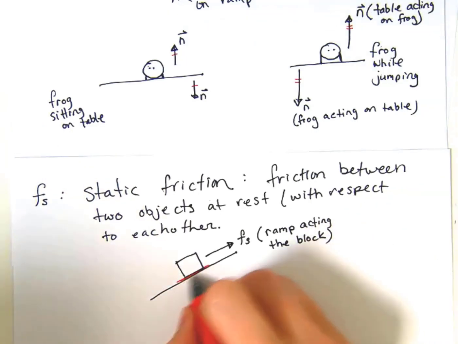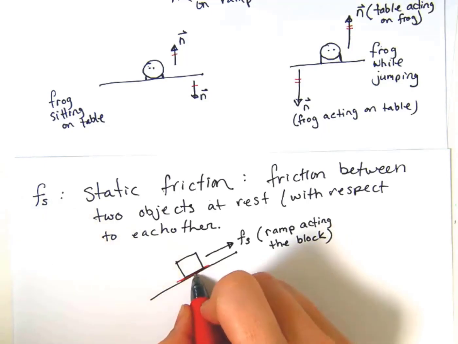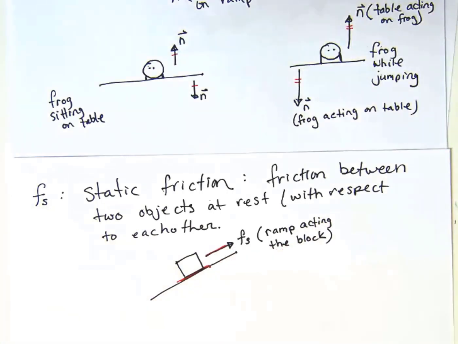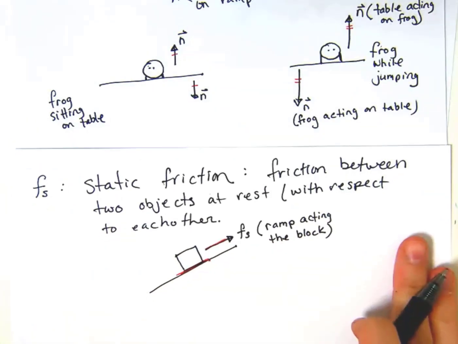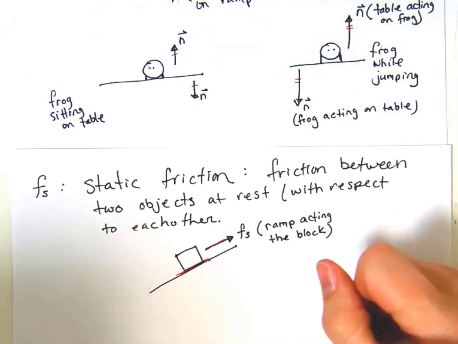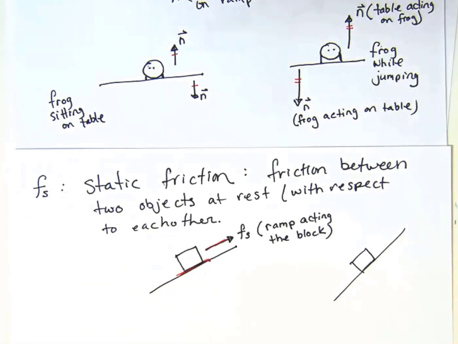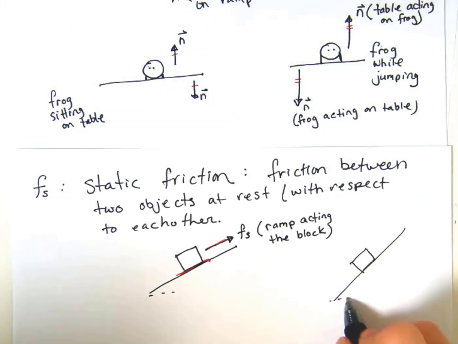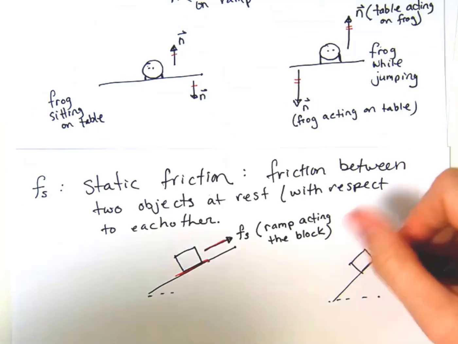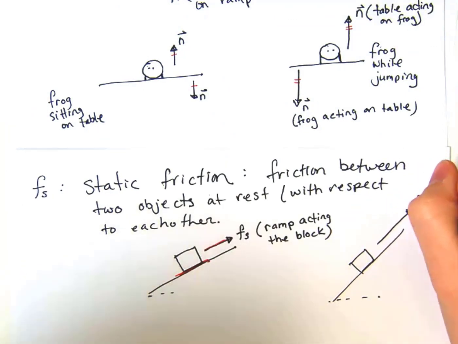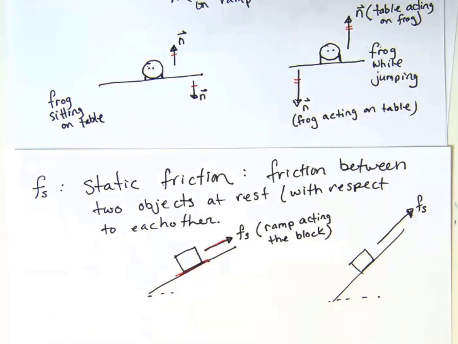And so you can see that the surface here between the two objects is in this direction. So the static friction force also has to be aligned in that direction. Now you could imagine tilting the ramp even steeper, and perhaps it hasn't slipped yet. So in that case, static friction would end up being larger to prevent the slip. But there is a point, right, where you tilt the ramp high enough and then the